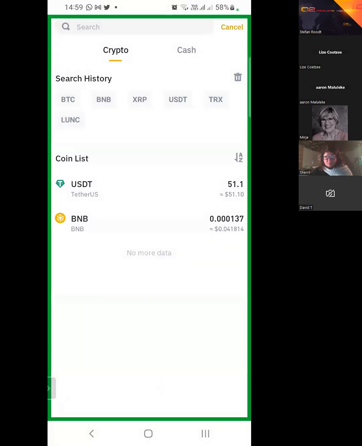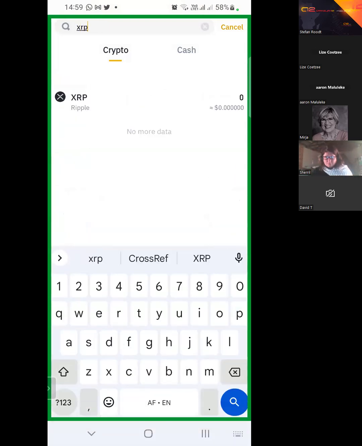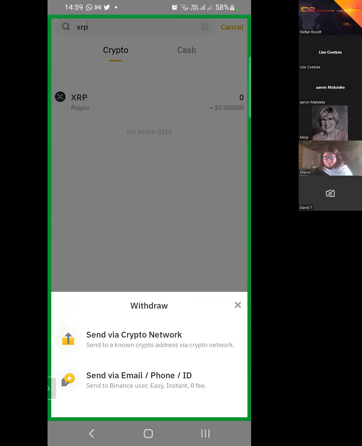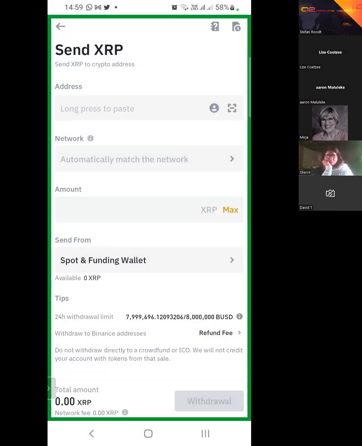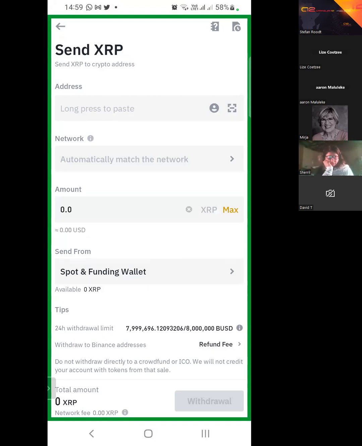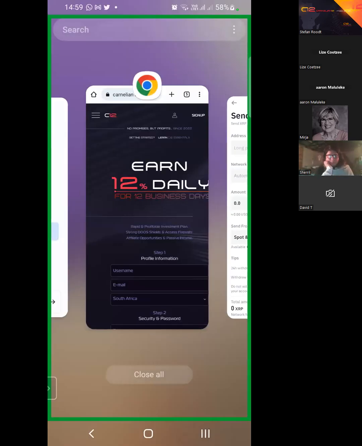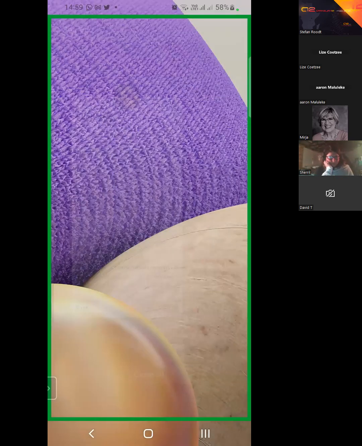I choose the crypto I want to send. So I want to send XRP. I don't have any at the moment, but let's say I want to send XRP via a crypto network. I will need the address and the network. As soon as I put in the amount, it will ask me for a tag code as well. So if I go to my, say, Valor account,